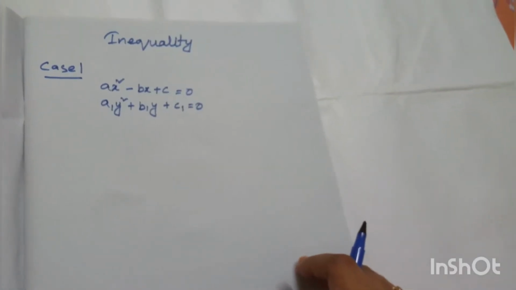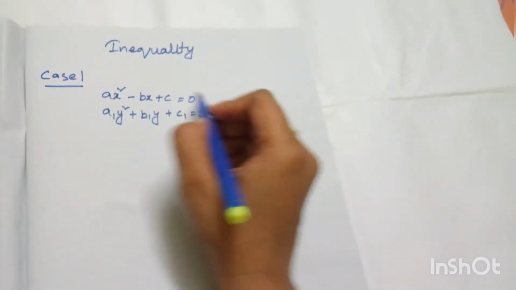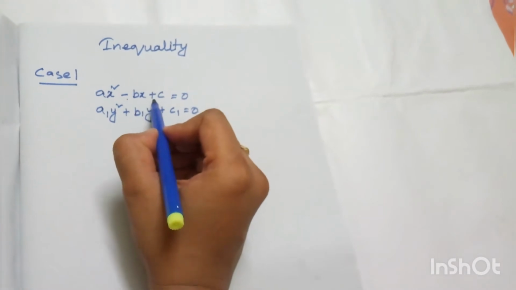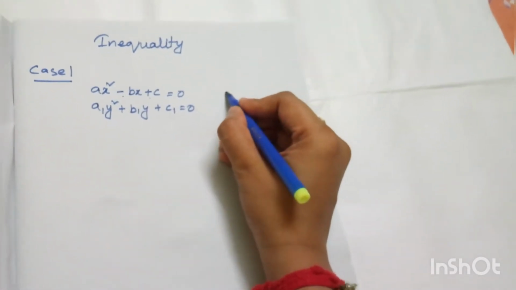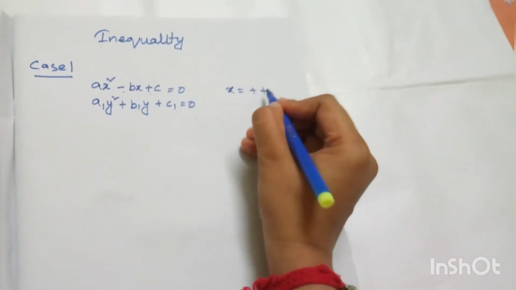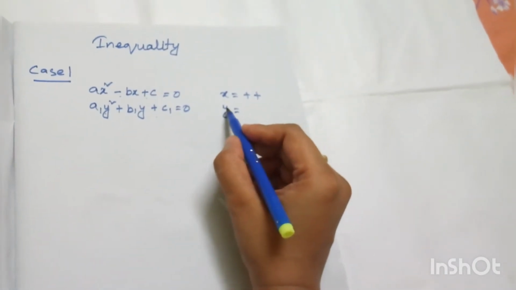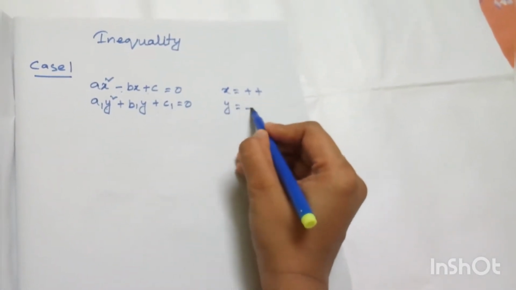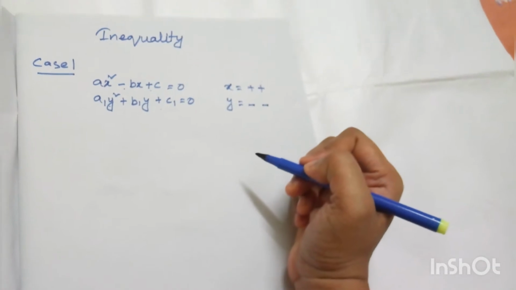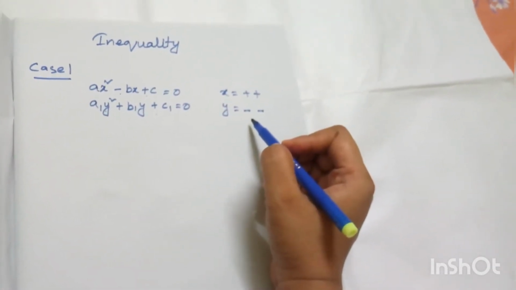From the previous video, we know here the value of x will be, here it is minus and plus, so the value of x will be plus and plus. Here it is plus and plus, so the value of y will be minus and minus. So from here we can clearly consider x as greater